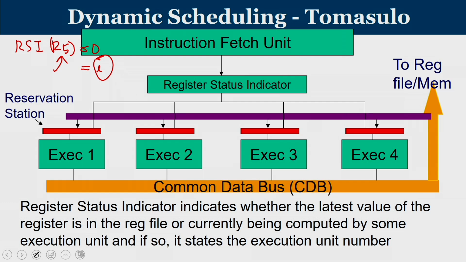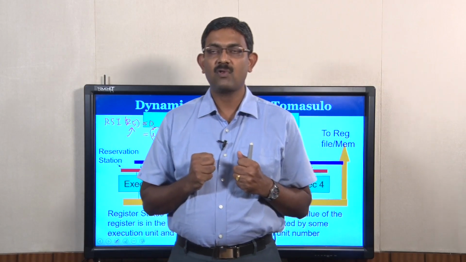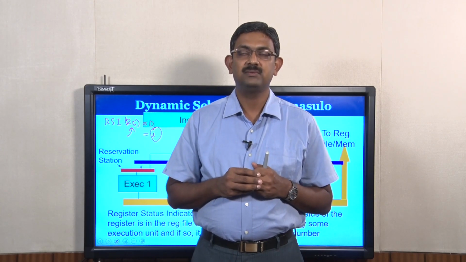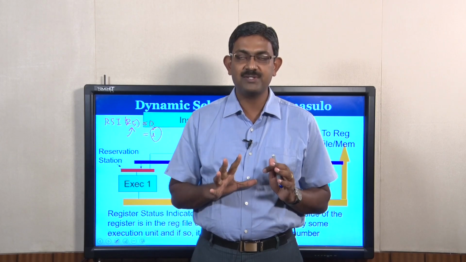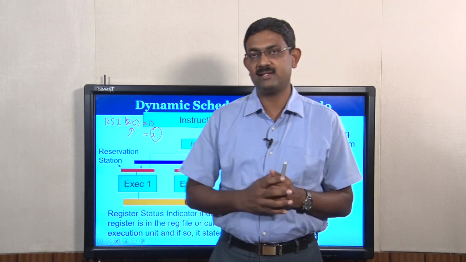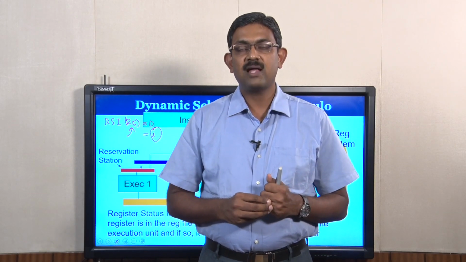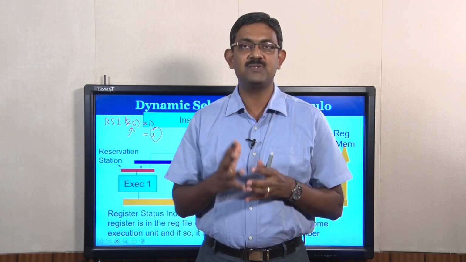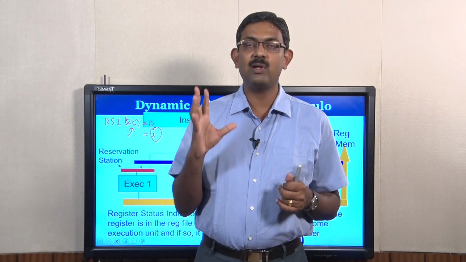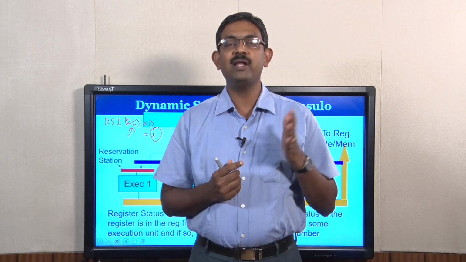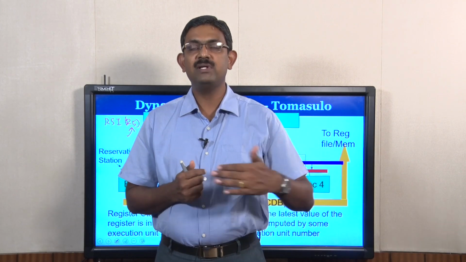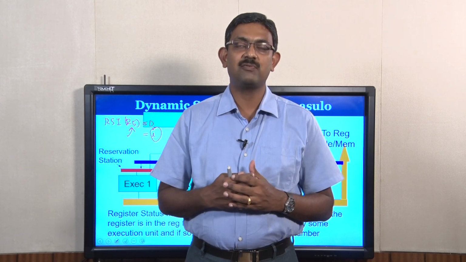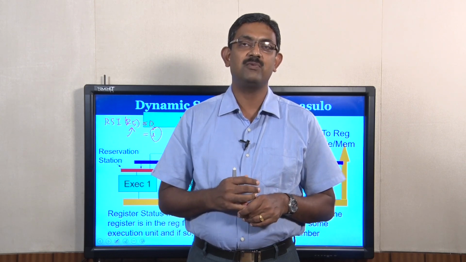So, the register status indicator is a very important component, a facilitator which will give you the latest value associated with a variable. If RSI is equal to 0, it means your value is up to date, go to the register file, take the value, and that is the latest one. If the RSI value is not equal to 0, then it is actually mentioning a functional unit number. If RSI value is equal to 10, the 10th functional unit will produce a value and that is to be written into this register. So, there is no point in going into the register and taking the value. Whatever value is produced by the 10th functional unit, take it and use. So, it is actually a reflection of the latest value associated with a register.